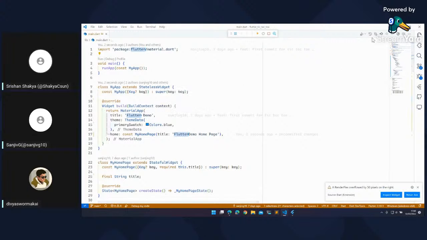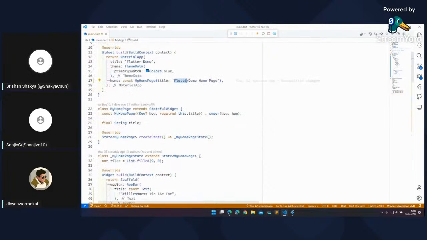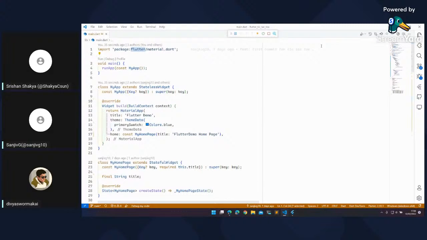Yeah. And if I change these settings here, if I change it to match case, then it will only select Flutter with the same case. So when I press Ctrl Shift L, it doesn't select all of this. And if I do match whole word, then it won't select Flutter from Flutter demo because this is in a different word. Yeah, see, it doesn't select Flutter in the Flutter demo. Got it.